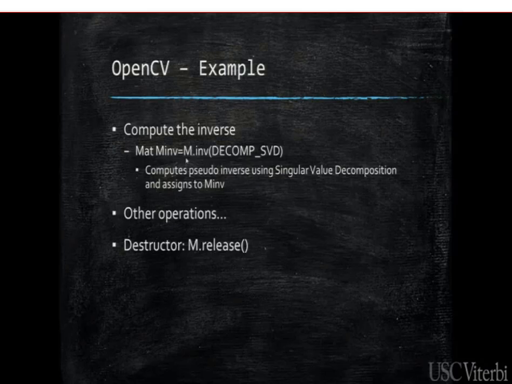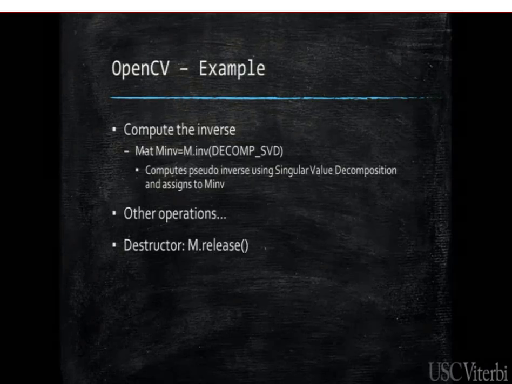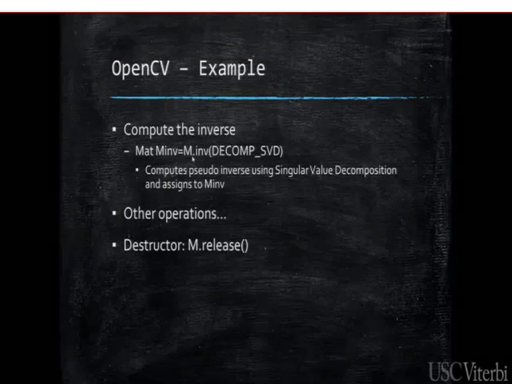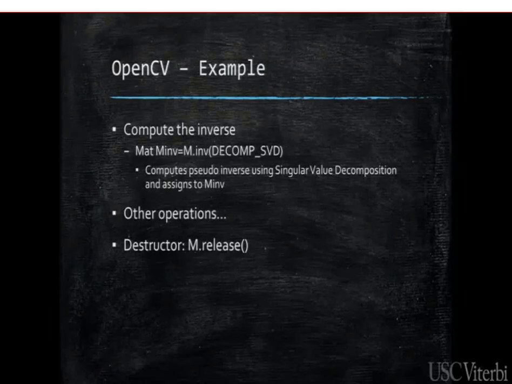MAT has several methods, which I was talking about earlier. So you can use INV, or you could use CV invert. CV invert would not allow the use of MAT because CV invert is basically an obsolete function. It's of C, and MAT is for C++. But in any case, if you use CV invert, then you have to define a CV array, not a MAT class, okay? And then you have several flags you can set,